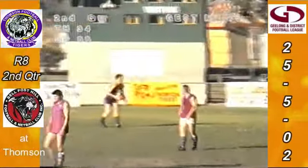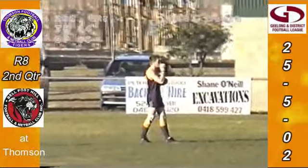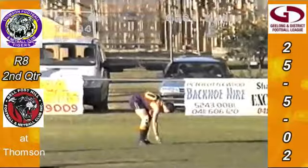Ewan Handley cannot believe it. And who's it gone to? It's Roberts. Back to Roberts on this occasion. So I've got no idea what's happening out there. Suffice to say that